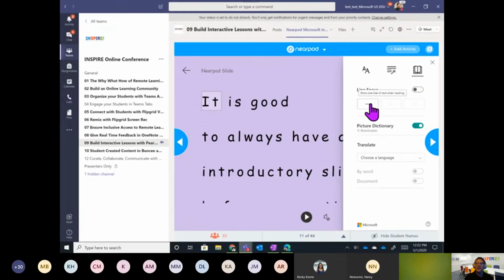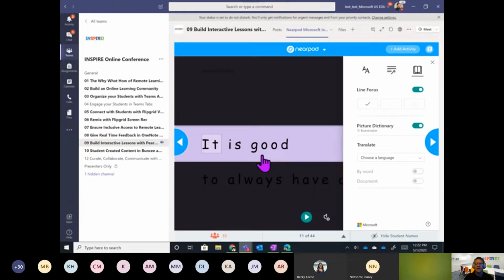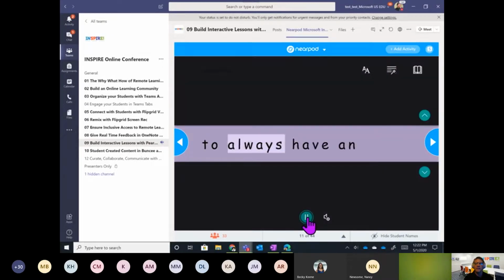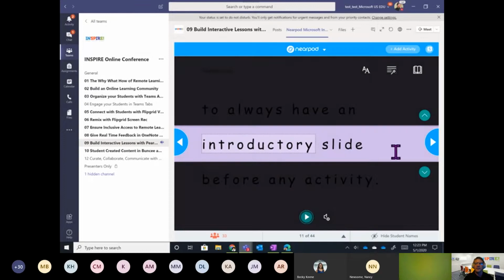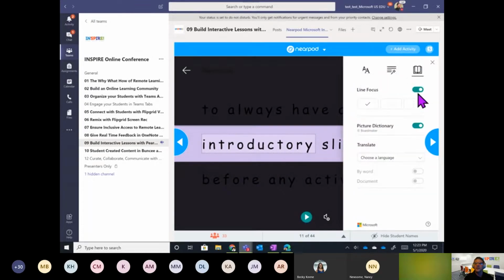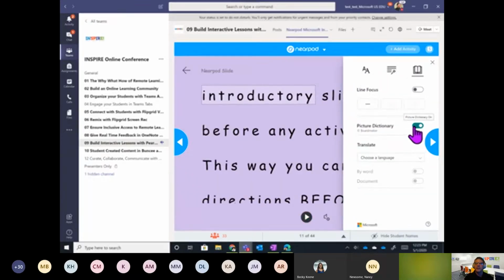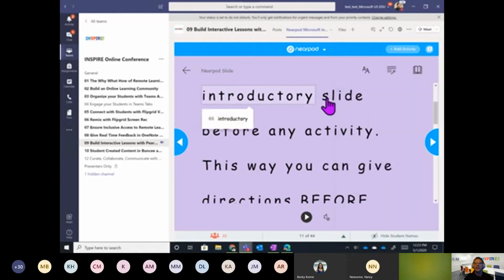And finally, in the last tab, there's line focus. This is the digital equivalent of reading rulers or holding a piece of paper under as you read. It's nice because kids don't have to track down the page. It brings the text up to them. There's picture dictionary. It's like Boardmaker. So in my district, we pay money just to have Boardmaker when it's already built in here. Not every word has an image in Boardmaker, but those that do,